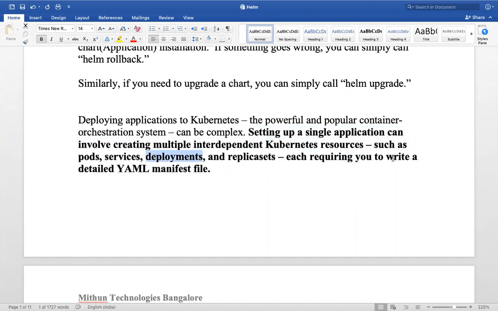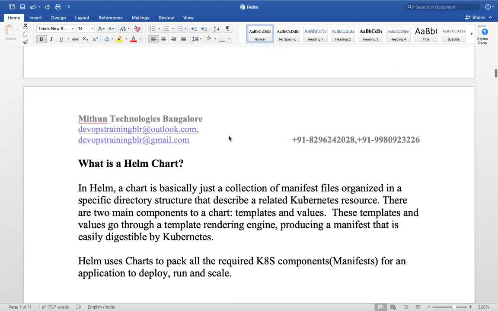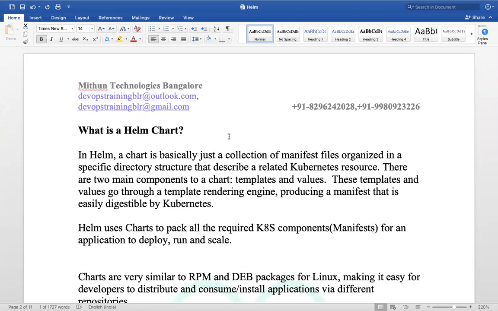Each object requires you to write a detailed YML file, detailed manifest file. But Helm is trying to simplify the process.